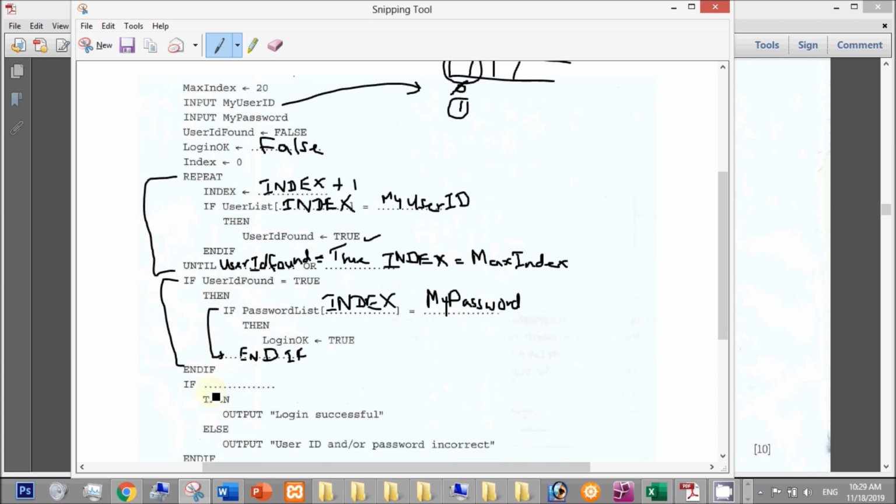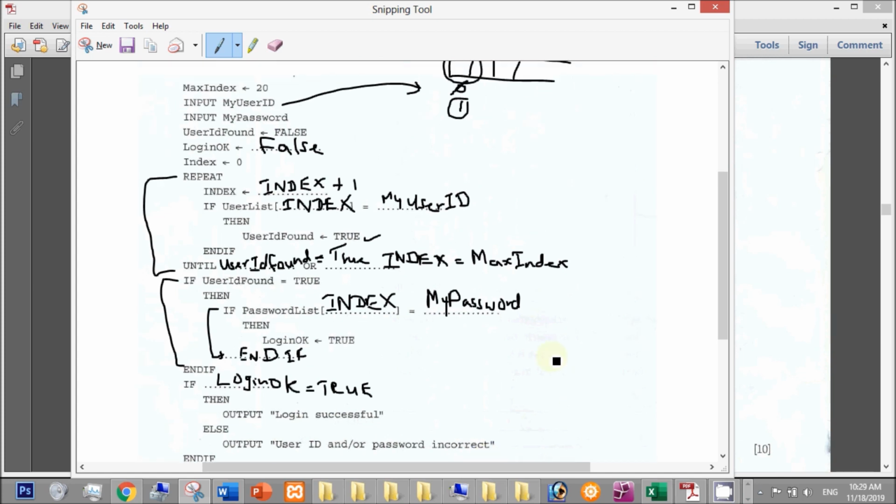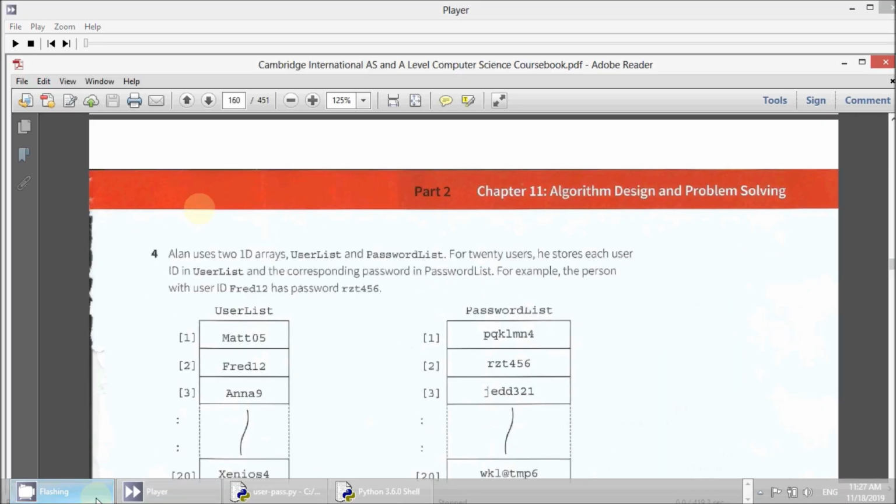And finally, if the login is okay, we have to produce a message saying login successful. So this has to be if login, the flag, right? If loginOK equals true, then output login successful, else output user ID or password incorrect. Simple as that, right? So hope you understood, and it's really easy. And in the next one,